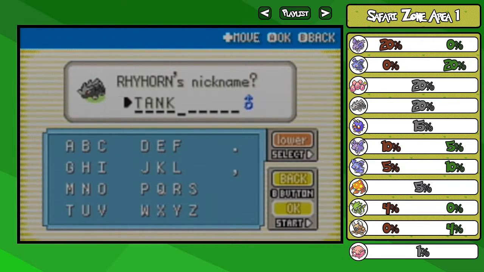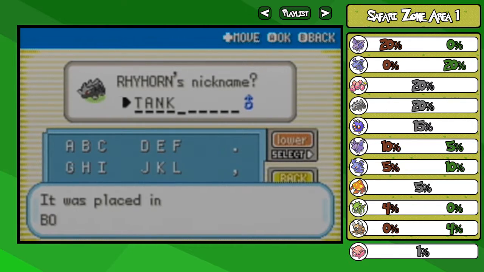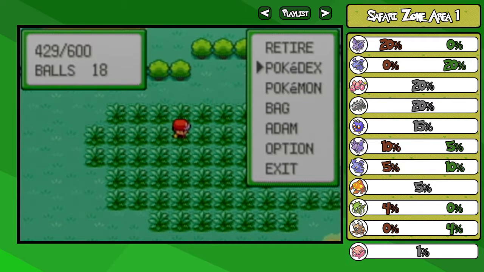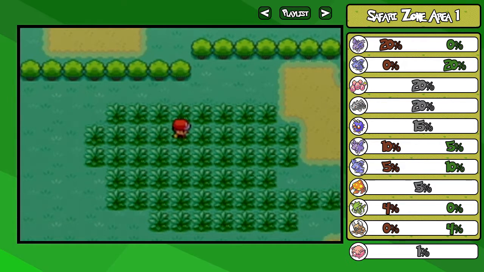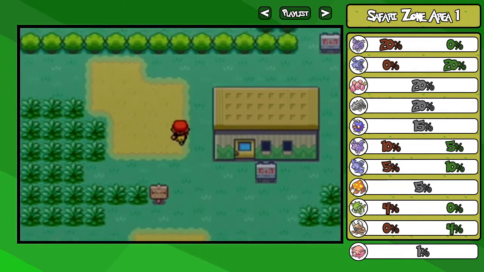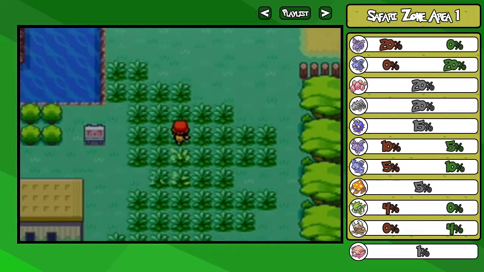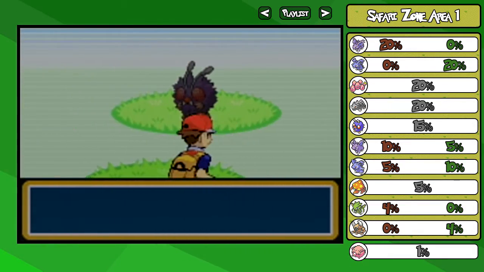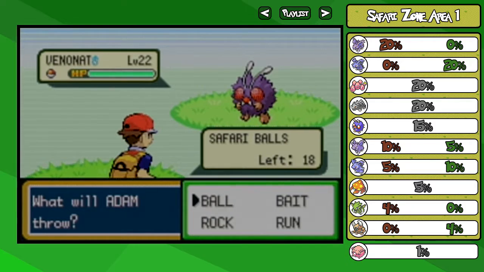Also, you've probably seen Rhyperior at this point. It's basically a tank. And it's in box 1 because I have a full party right now. I might as well keep going for a little bit and I'll go over some bios. So the next thing in this area, I've seen quite a few of them actually. But it's not Venonat, but